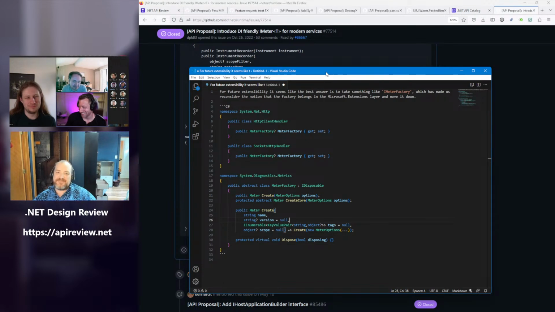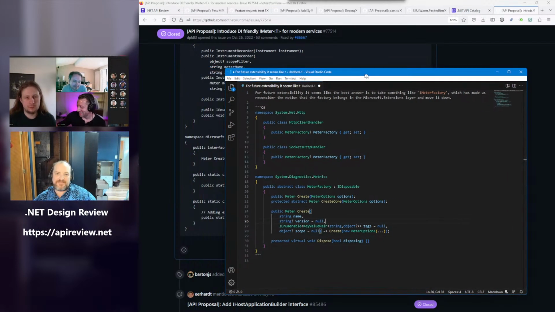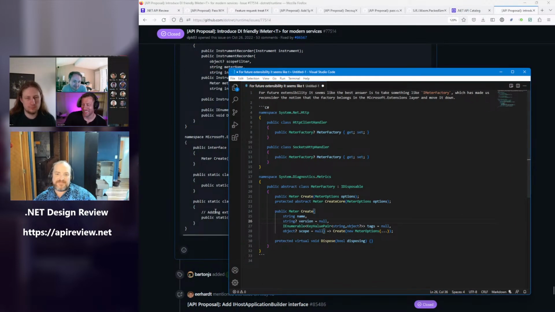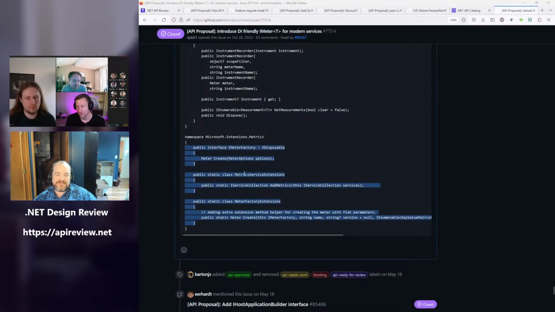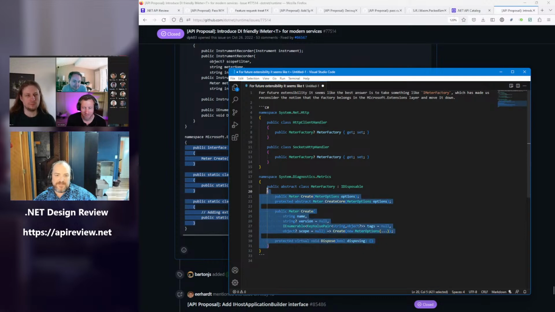Well, the nice thing about making an interface at that point is we can just slap that interface onto the meter 2 whatever and reuse it. Exactly. All right. So we want these without the middle.